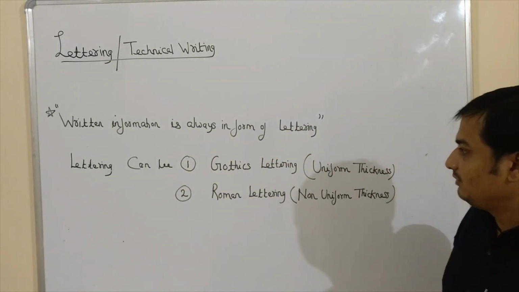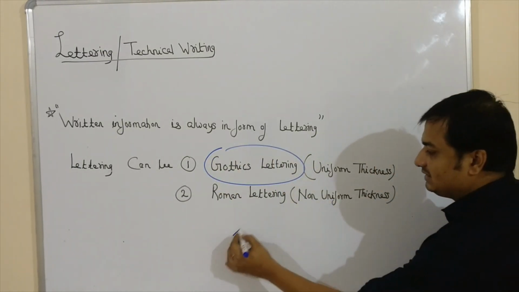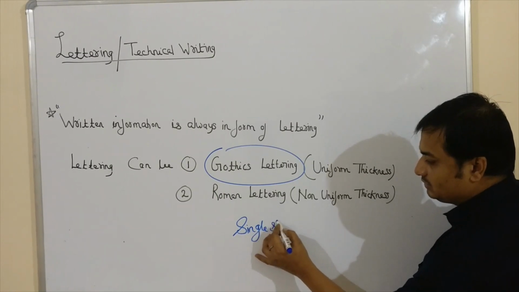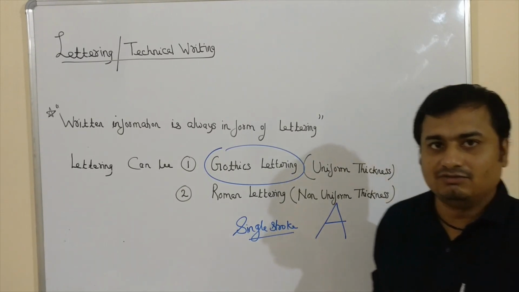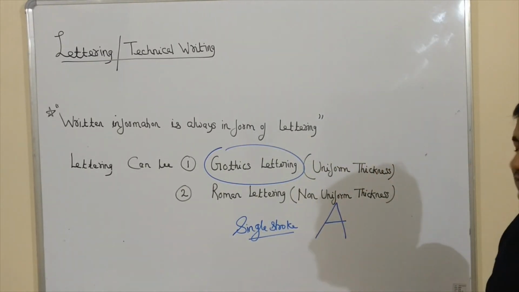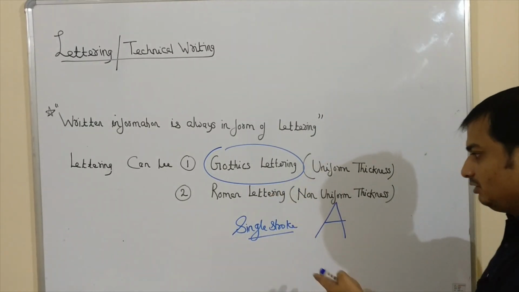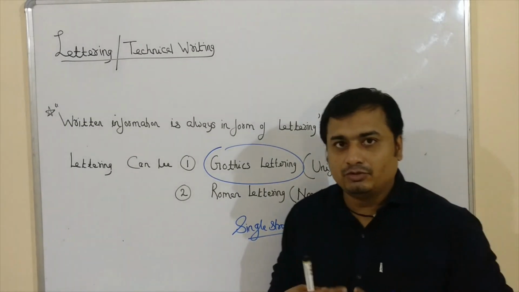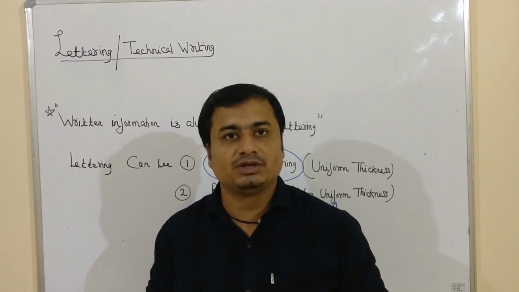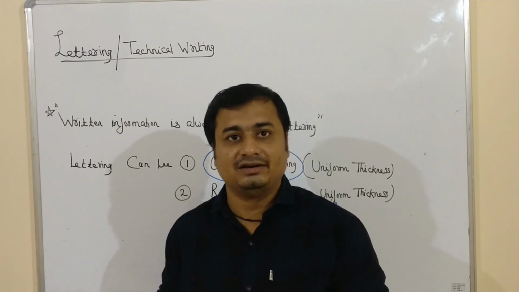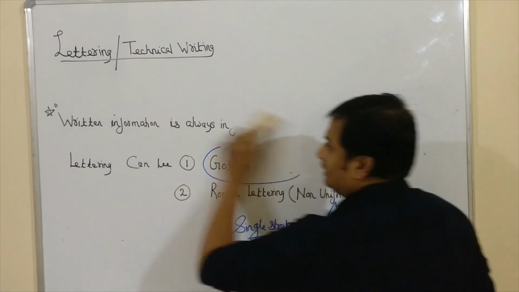So we will be writing the Gothic letters in our sheet, and that will be of single stroke. Single stroke means you have to strike your pencil only once for writing the alphabet. So I am going to give the basic idea to write the letters in your sheet. I am just going to give the standard and how to utilize that standard to write the alphabets in our sheet. So let's start with the letters.